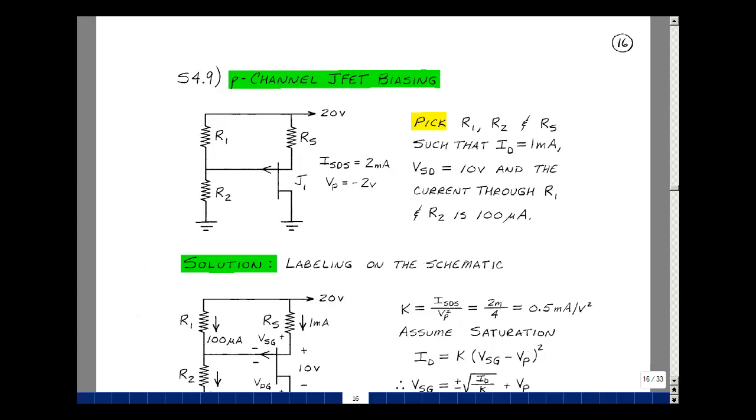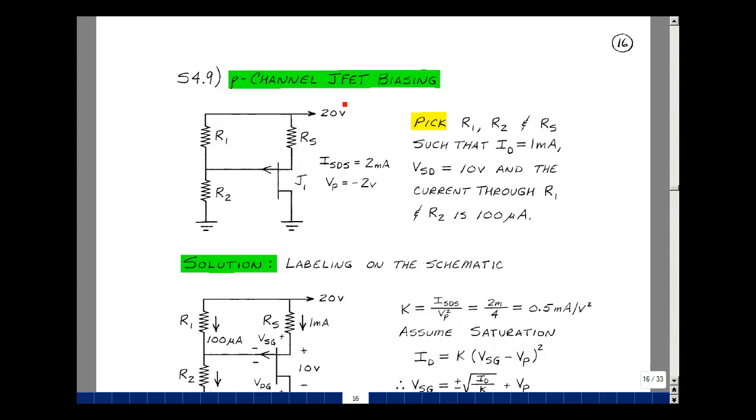This lesson deals with supplemental problem 4.9. You can find this problem in the ECE302 ebook in the Chapter 4 Supplemental Problems on page 16. Given this p-channel JFET circuit, where I_DSS is 2 milliamps and the pinch-off is -2, and 3 resistors